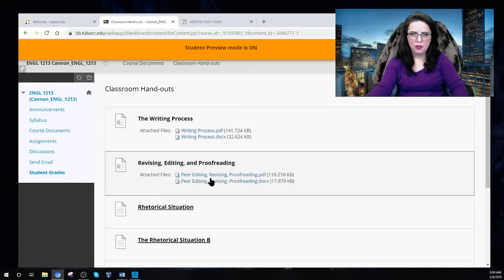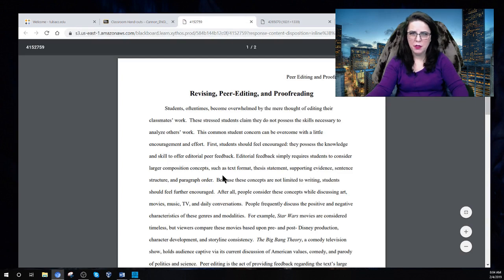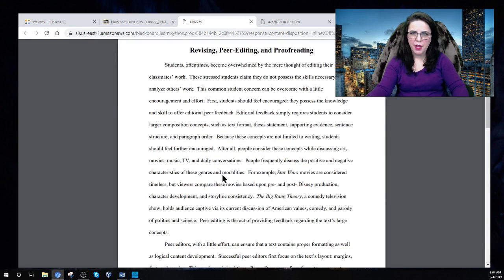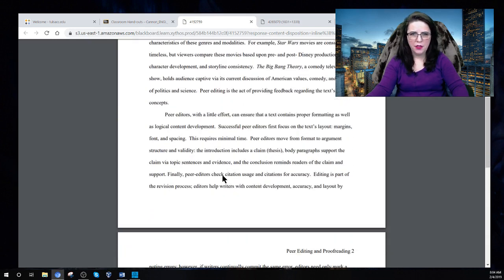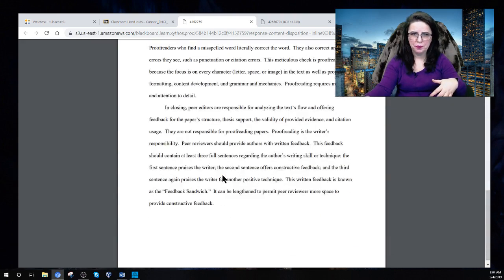Also, I have provided you with some information regarding the difference between revising and proofreading. Please make sure that you have read this. As you will find throughout the document, I'm telling you that you are a reviewer, not an editor. And the difference between a reviewer and an editor is that a reviewer looks for big components, like are your paragraphs in the right order? Are your sentences in the right order? You mark 1 to 2 of the same mistakes, but you don't mark all of them. You'll leave comments on the text itself